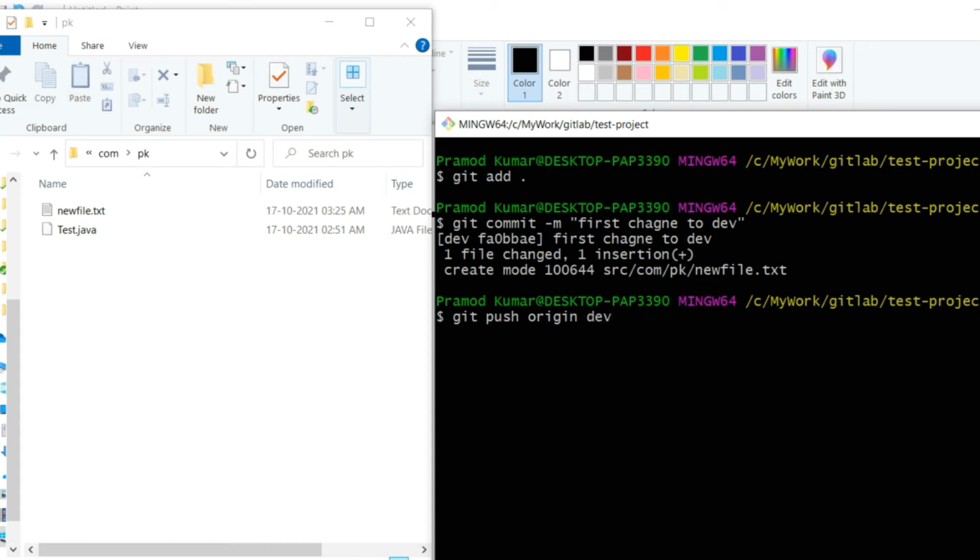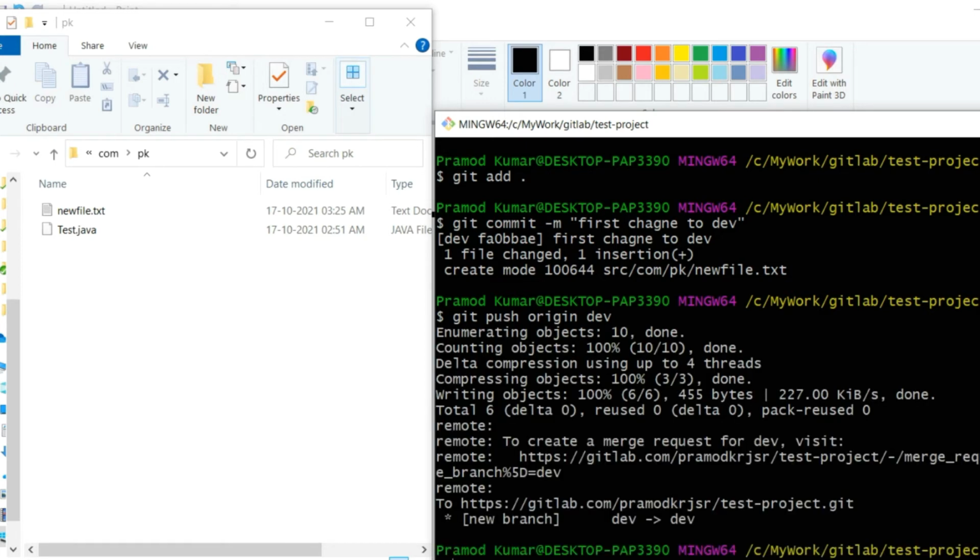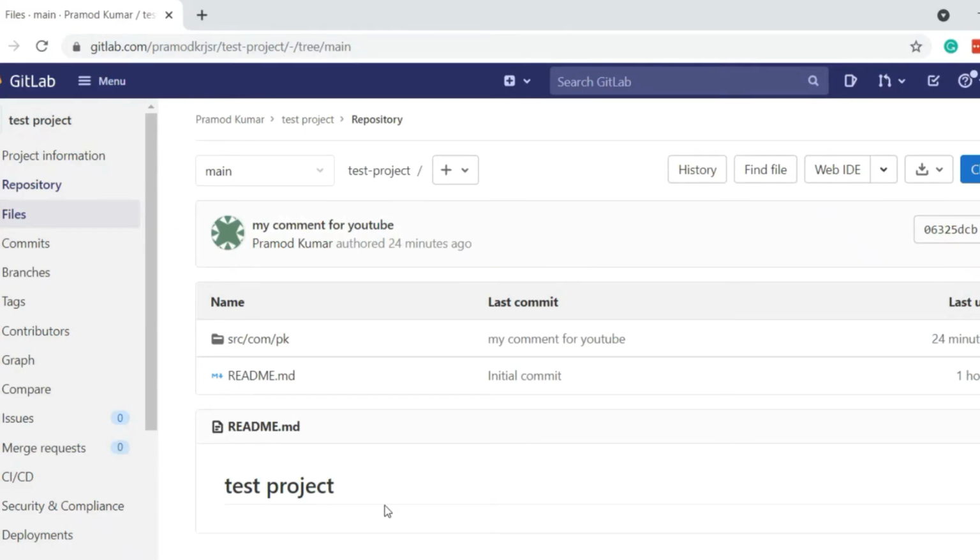This will push the changes to the dev branch, and it will also push this new branch which I created to the remote. You can see the message new branch dev -> dev, which means it is now uploaded to the remote repository.